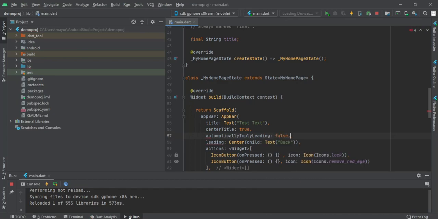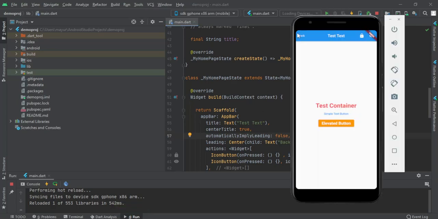Once you set this property to false, this will change things for you. Even if the button is shown, it will stop working. So you won't be able to go back, or if you're having a default back button, that will not be visible. So whatever text or thing that you are adding here, you will have to put